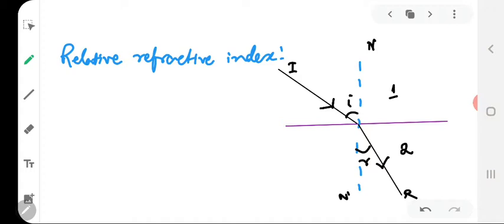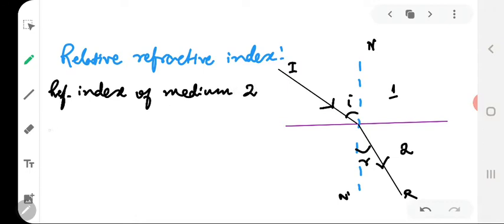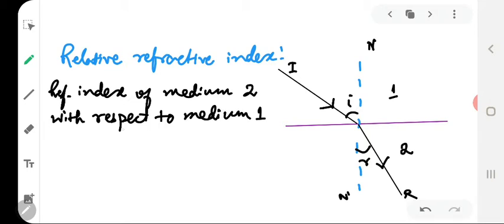Then relative refractive index can be defined as refractive index of medium 2 with respect to medium 1 is equal to